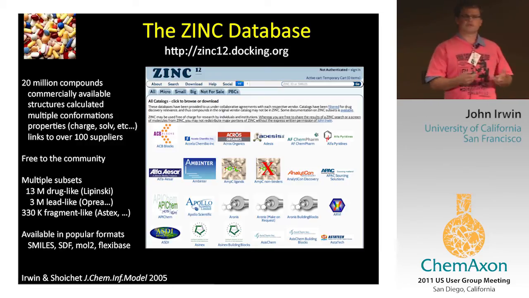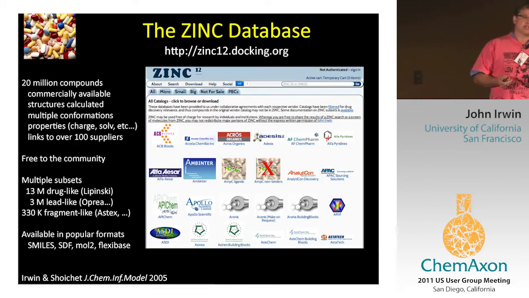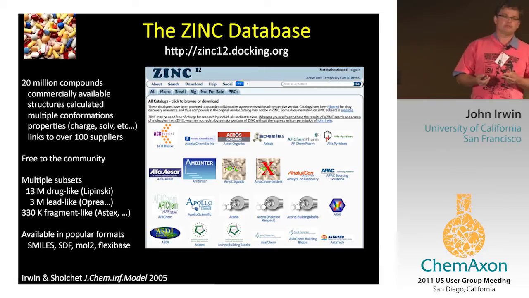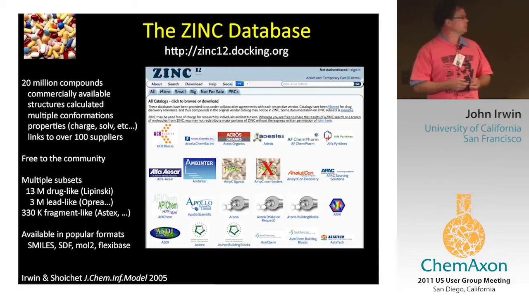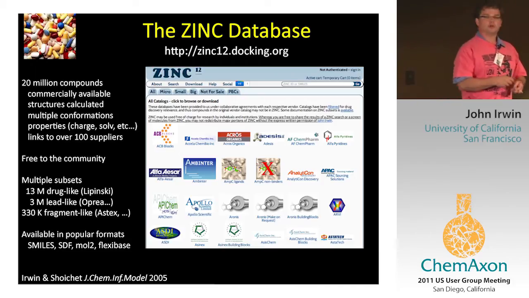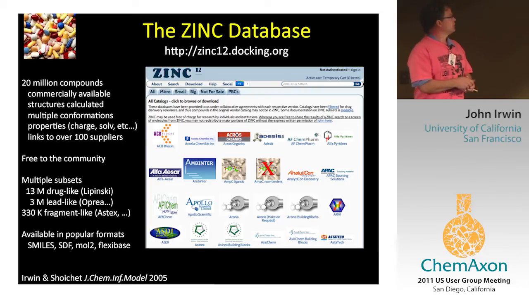We worry a lot about the representation of the molecule. So histidine is 2 molecules in ZINC. Okay, it's the neutral form and it's the protonated form. You have to have both of them because the pKa is at physiological pH. And so not all databases take care of this for you, but in order to do docking, you need the biologically relevant form. So about over 100 suppliers that we use, we give it away for free, and we organize